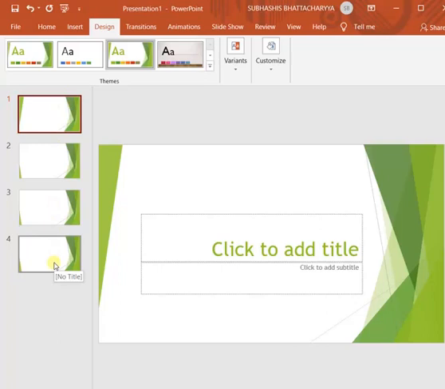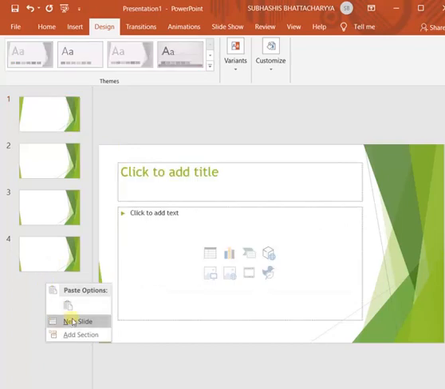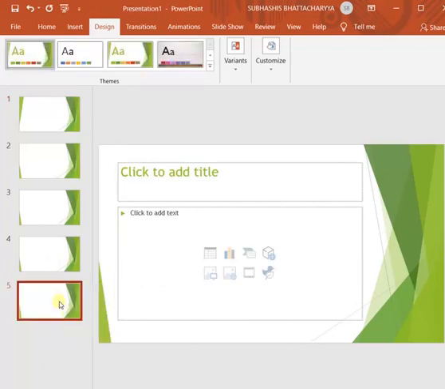Now after applying themes, if we insert a new slide, suppose this slide number 5 I have inserted, this will also follow the same background style of the previous slides. So you can see that if I have applied any theme, it will follow the theme of the previous slides.